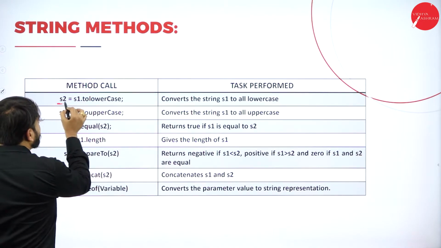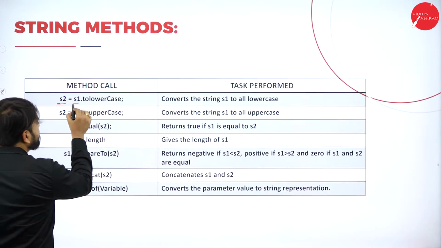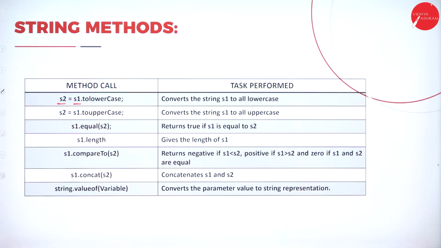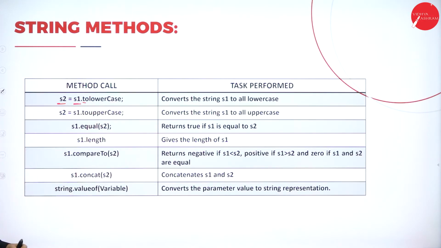So guys, I have taken two strings, that is S2 and S1 here. What are we trying to do here? I'm converting this S1 to lowercase. How exactly are we doing it? With the help of the predefined method that I have. So please observe, toLowerCase, where C is capital here. This is what we call camel notation.